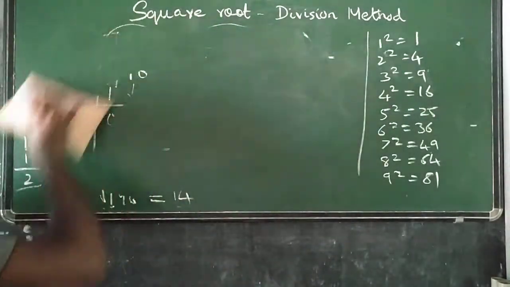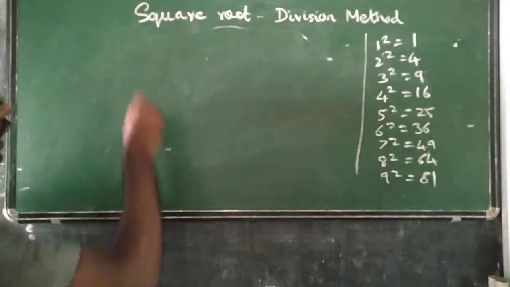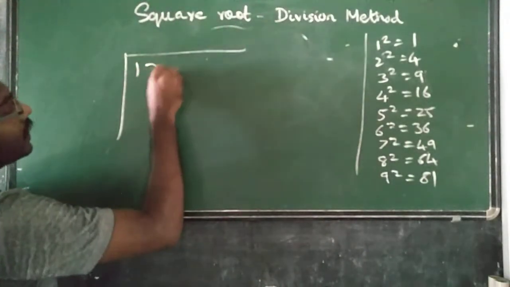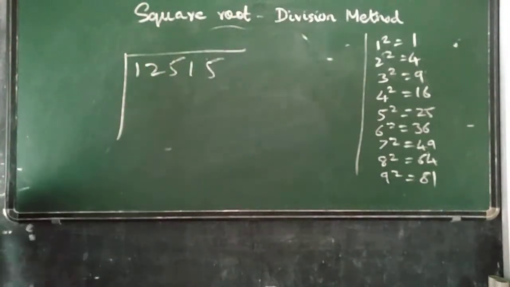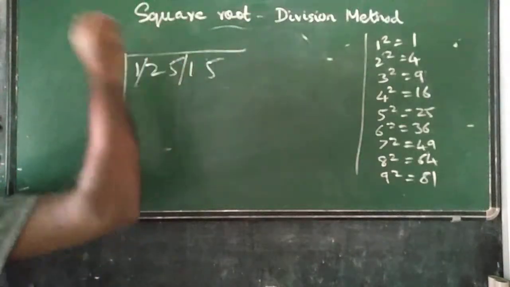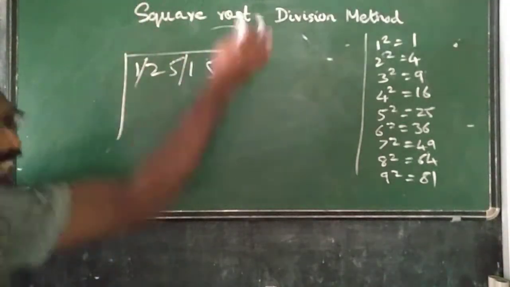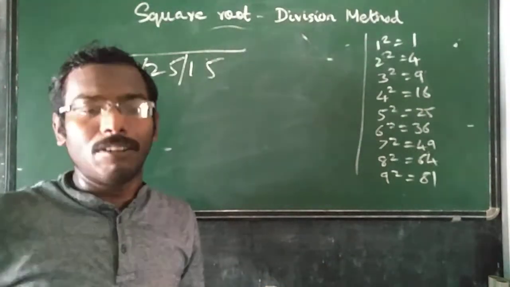This same way can be used for 5 digit, 7 digit numbers also. For example, if a 5 digit number is given, how will you take it? It is an odd number of digits. So, the first digit alone you take separately, then the next 2 digits, then the next 2 digits. Even digits are easy: you just divide into 2, 2, 2.